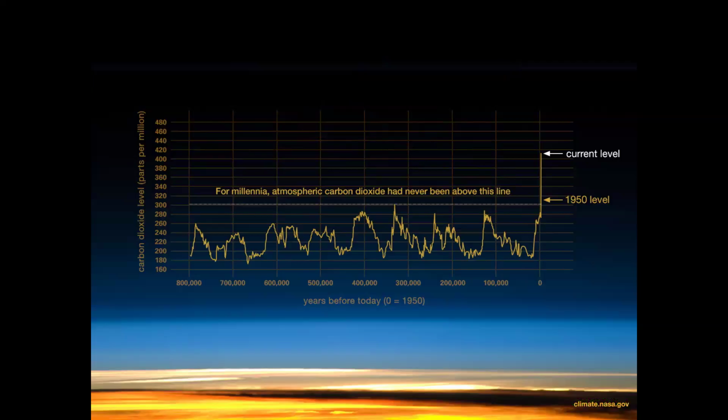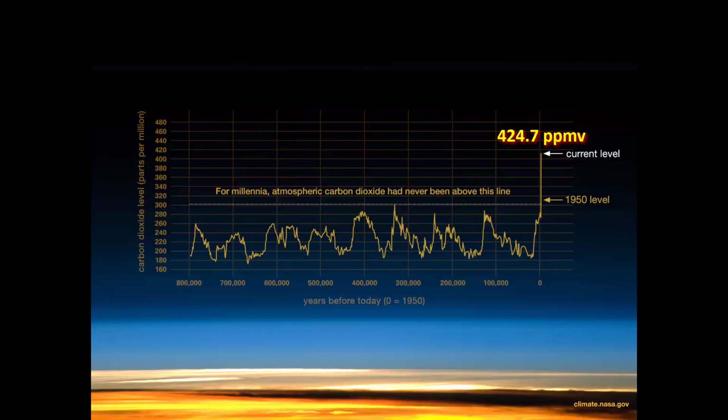If you look, this is actually a graph showing the amount of carbon dioxide, which you'll remember is a greenhouse gas, in parts per million over the past 800,000 years. And you can see that dashed line in the middle there, where it says 1950 level. For the past 800,000 years, carbon dioxide has not exceeded those levels. And up on the upper right, you can see that the current level is designated. And right now, as of this month, it is 424.7 parts per million by volume.